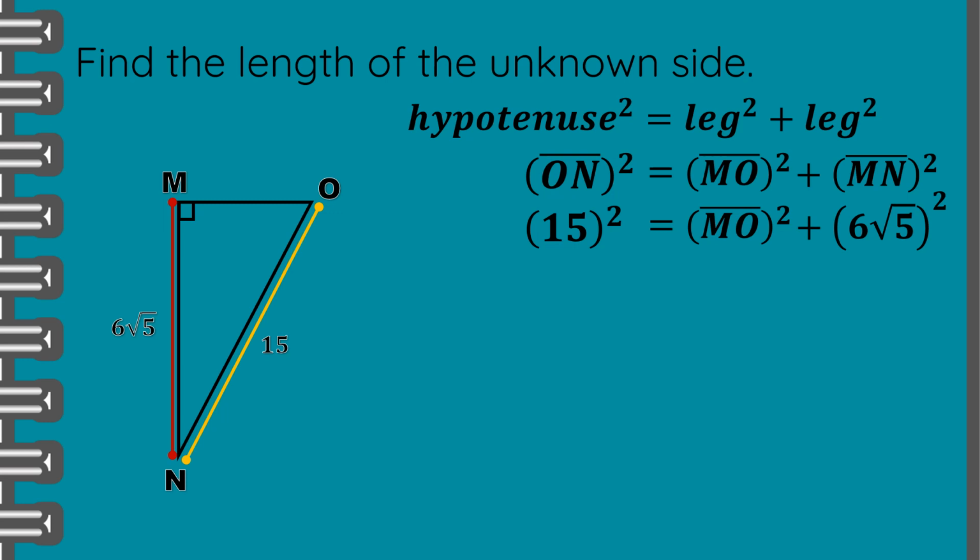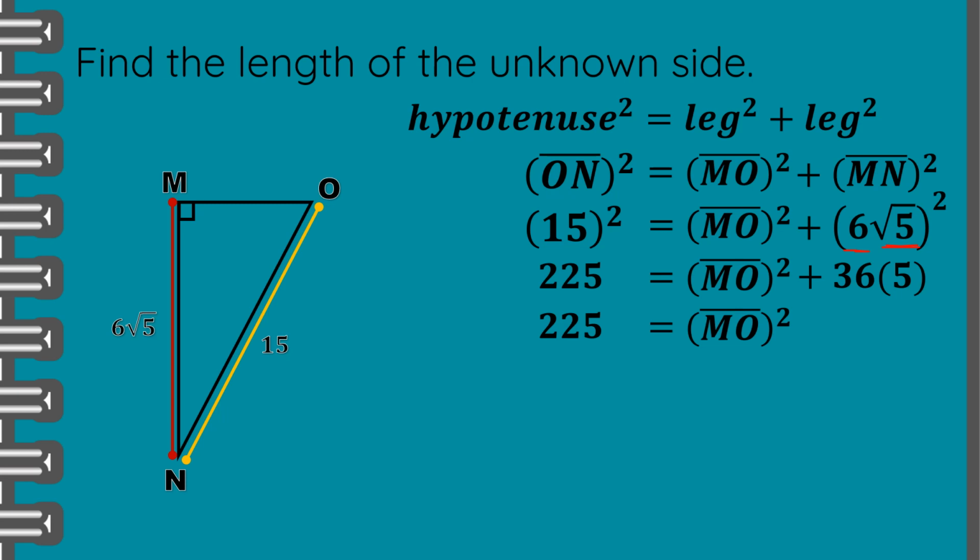The square of 15 is 225 equals the square of segment MO. The square of 6 is 36, and the square of square root of 5 is 5. That leads us to 36 times 5. So we copy now 225 equals the square of segment MO. Then 36 times 5 is 180. By addition property of equality or by transposition, we have to copy 225. Then